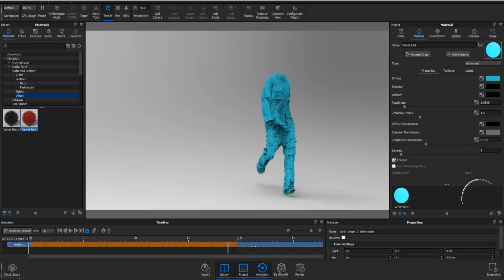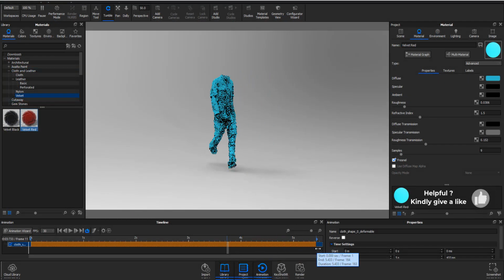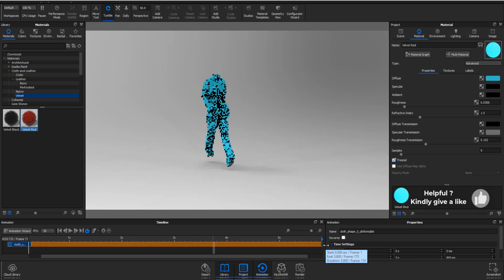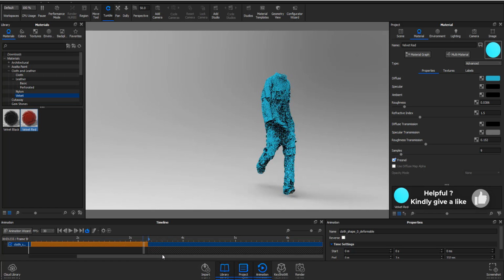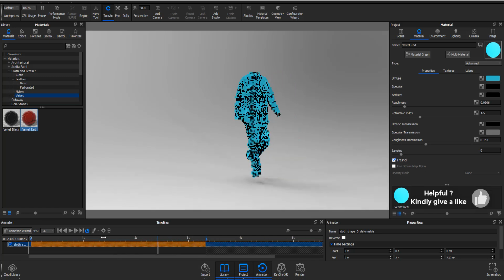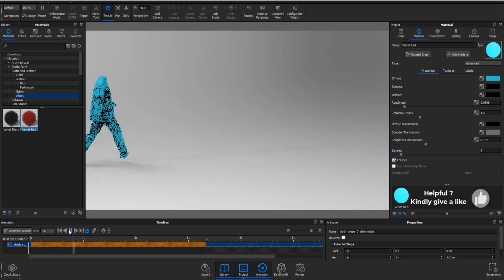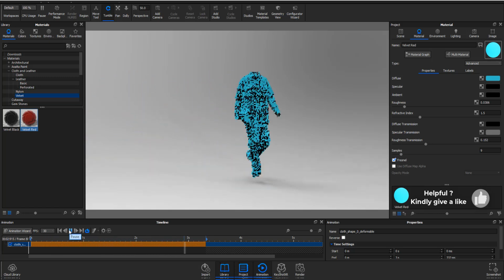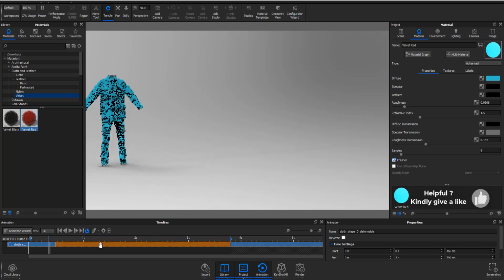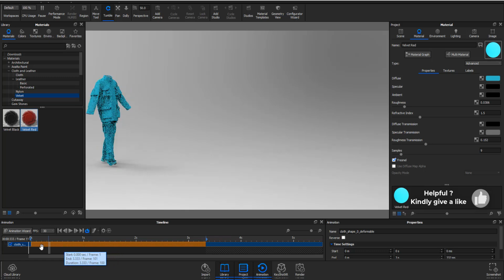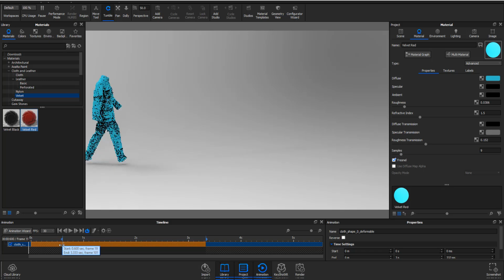If it's possible for them to put keyframes so that you can just import your files from wherever you are and keyframe them directly inside here, and not keyframe them from a third-party app and bring it here, that would do us a lot of good. Another thing which I would love to see in the next update or in the next release of Keyshot is if it is also possible for them to allow FBX that has animations to be imported directly inside and the